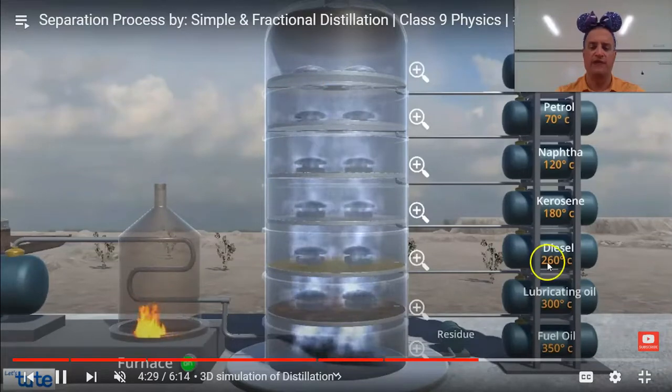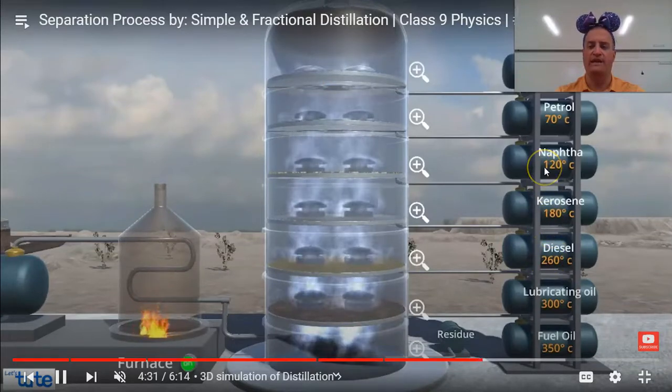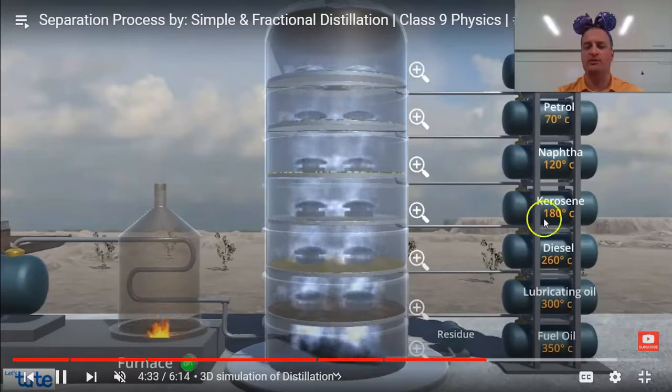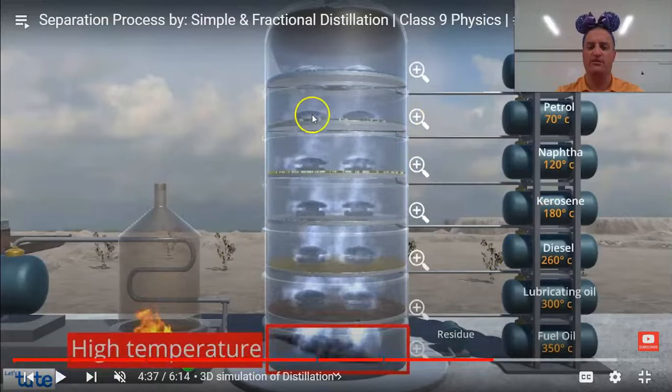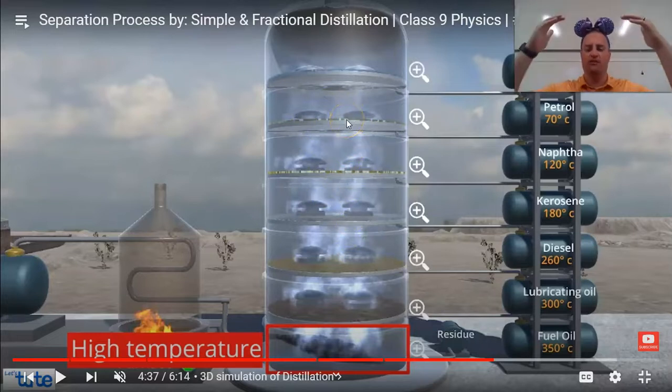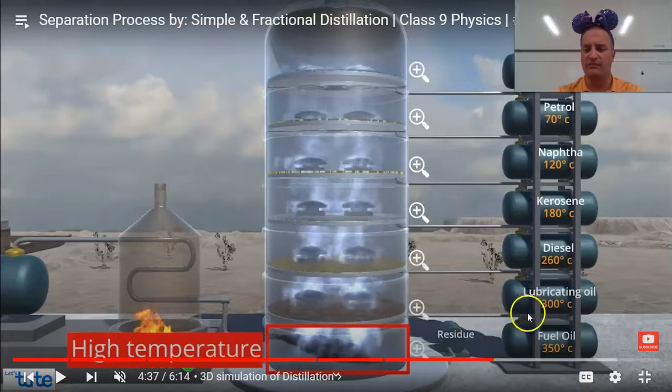And at each of these levels, you have different substances with different boiling points. So once they cool down, they're going to condense. This area is going to be around 70 degrees or lower. This is 120 or lower, 180 or lower, 260, and so on. So the things that go up are going to start condensing when they get cool enough. Otherwise, they're going to maintain vapor form and continue to rise, because hot air or hot gases rise over cool ones. So this is going to then collect and be siphoned off into the different barrels and be able to be